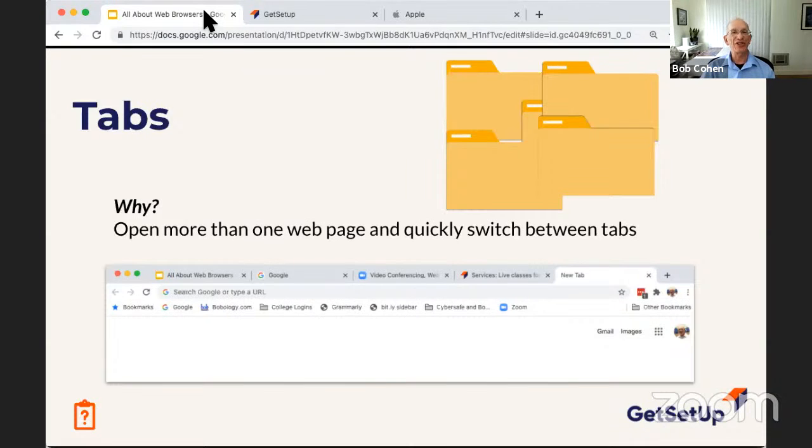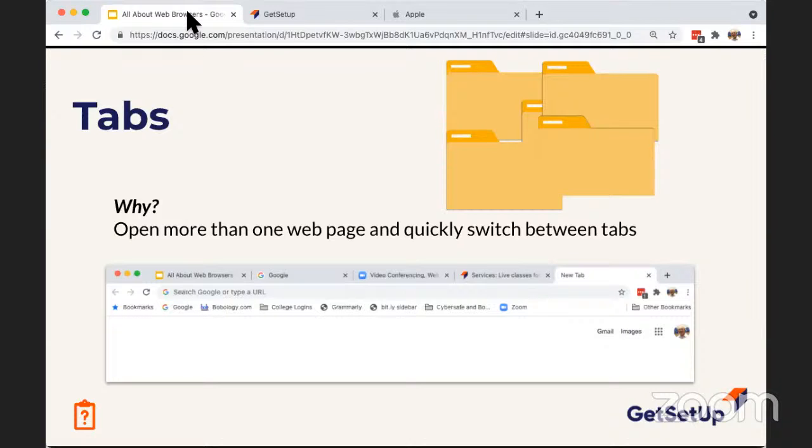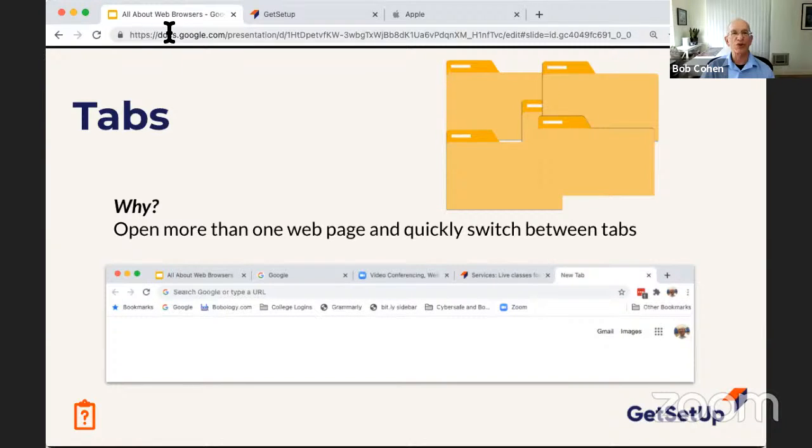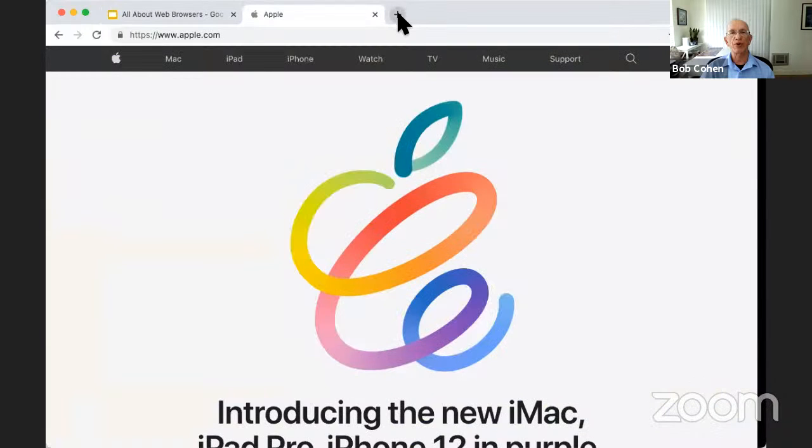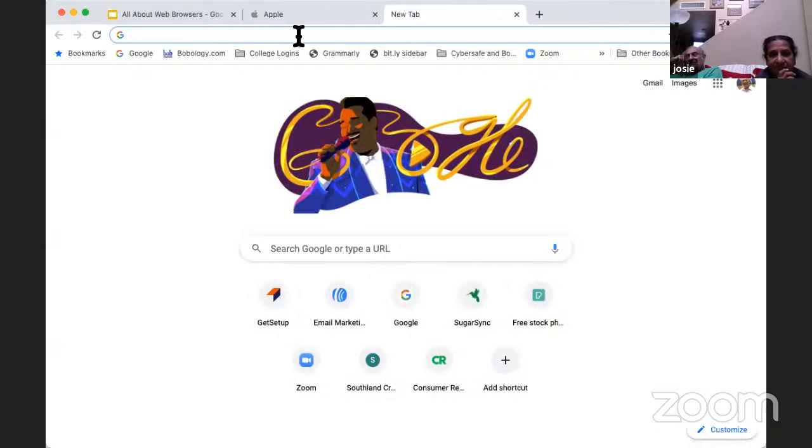Okay. This is a tab for my Google Slides that I'm showing. Oh, okay. So that's not a website. This actual link is to where my Google Slides are kept on Get Set Up. But because it's so convenient to just use the browser here, I just kept it open. So I can go to Apple, I can go to Microsoft. So whatever